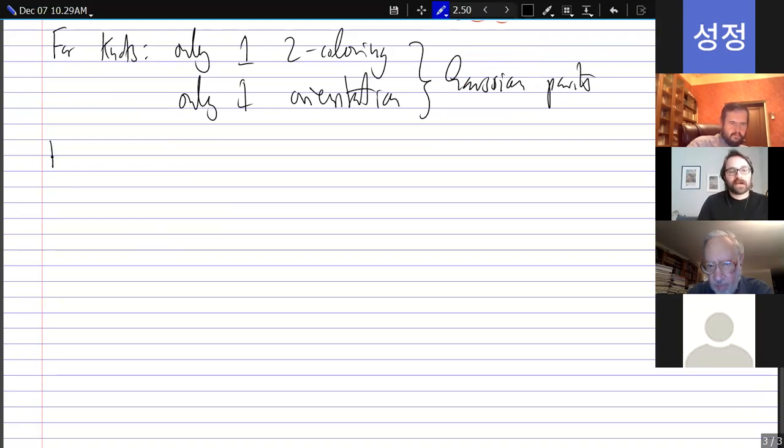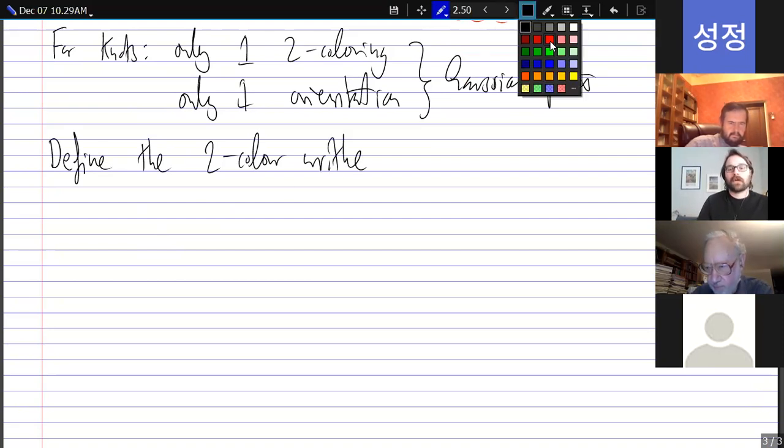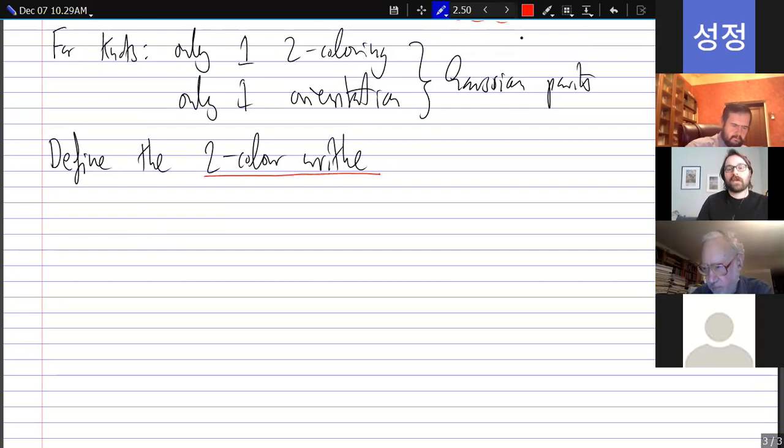So this allows us to define the two-color writhe of an oriented link, which, postponing the definition for a couple of seconds, is essentially you just take all possible two-colorings and you do the odd writhe construction for every single two-coloring, and then you package them all up into a vector. But I'll give you the precise definition in a second, but suffice it to say,